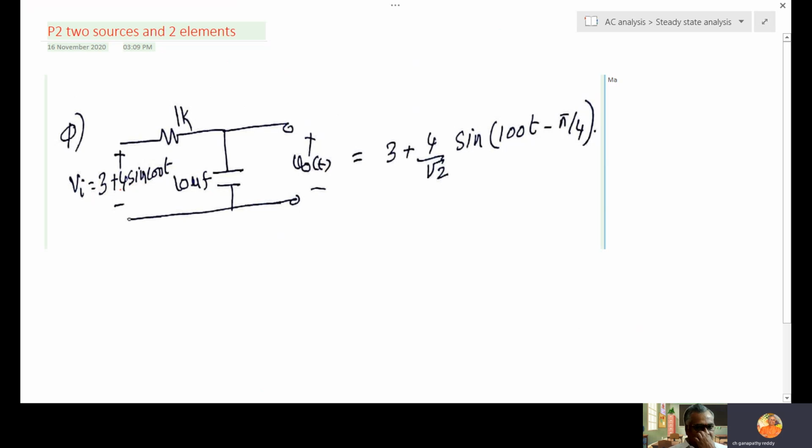I told you one method earlier, that is the sixth step. When a network contains sources with different frequencies, we should use only the superposition principle to find voltage or current or power. Here the question is to find voltage, so we should compulsorily use the superposition principle only, because of two sources with different frequencies. So using the superposition theorem,